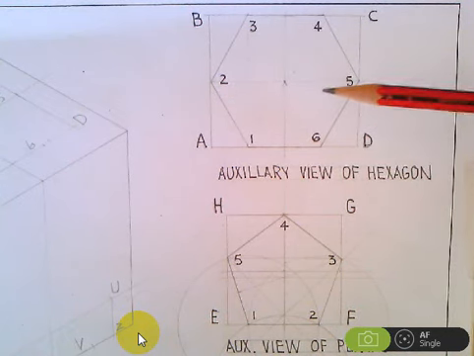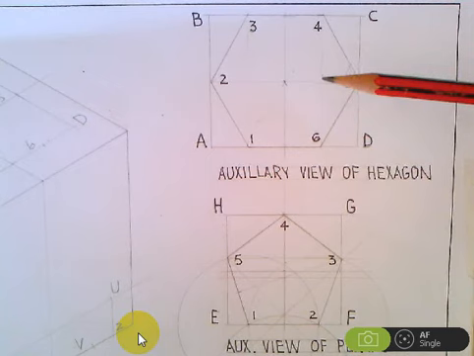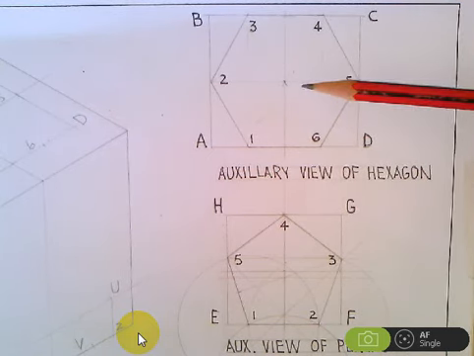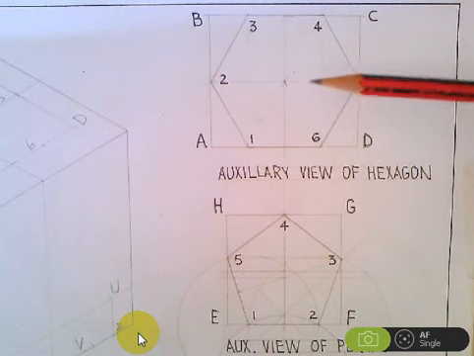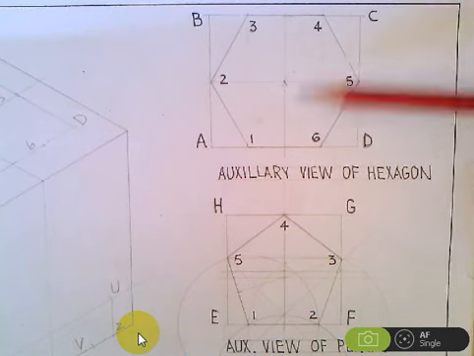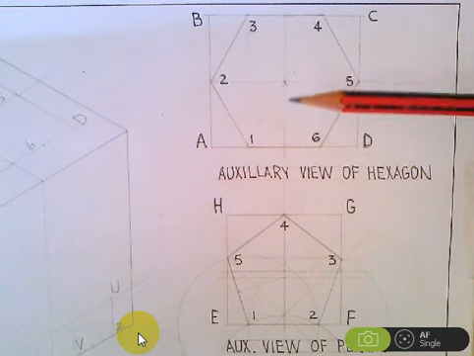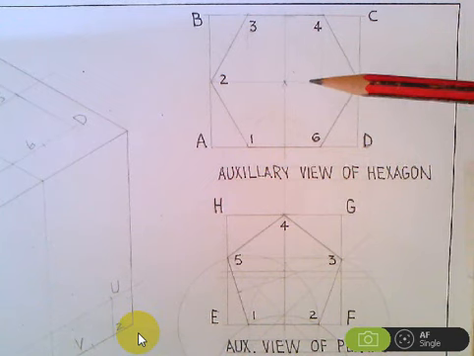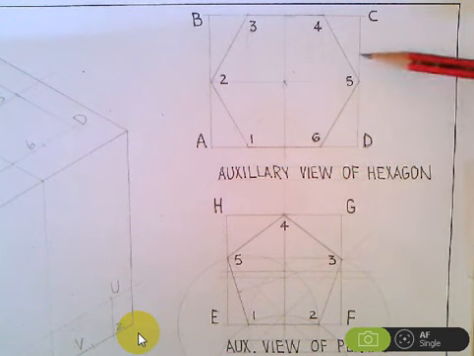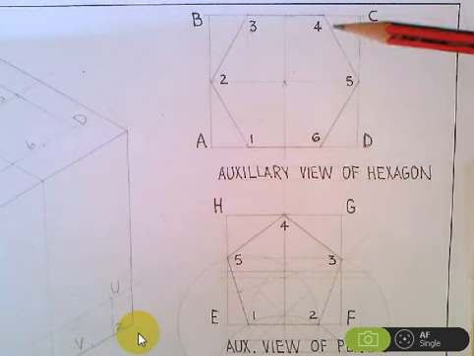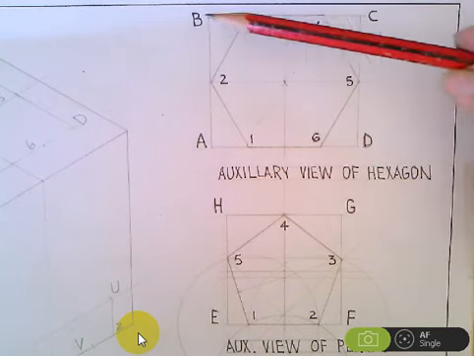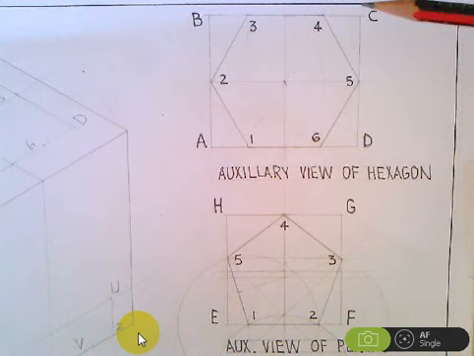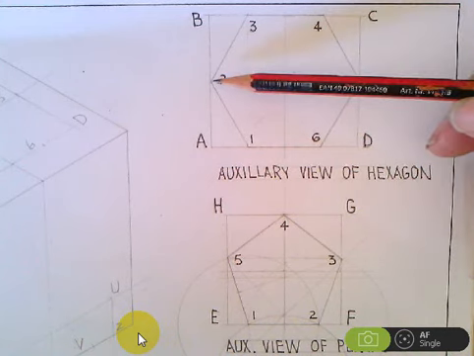Remember, your constructions are very important because sometimes if they say just draw whatever shape they give you, then you don't have to show construction. But if they say show all constructions, then you must make sure that you have the ability to do the construction. Once I've done the construction, I've blocked the whole shape, because as you can see, the distance from 2